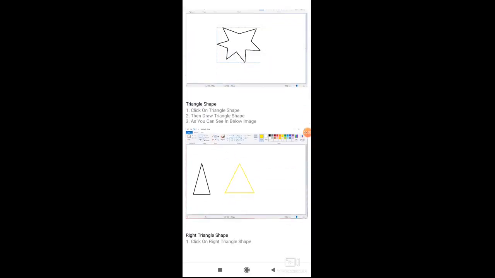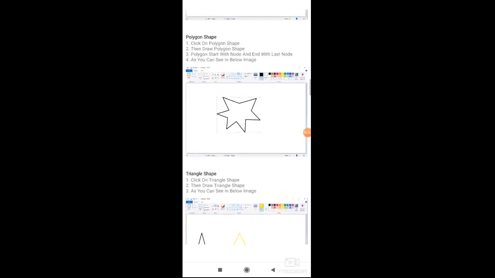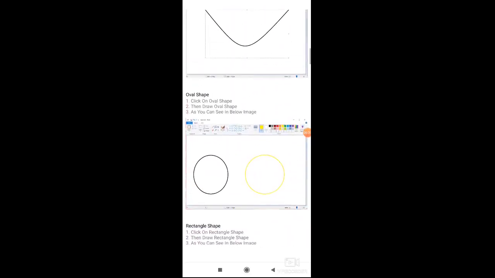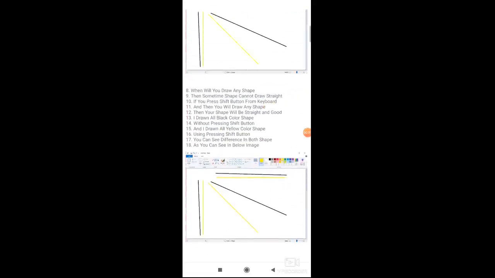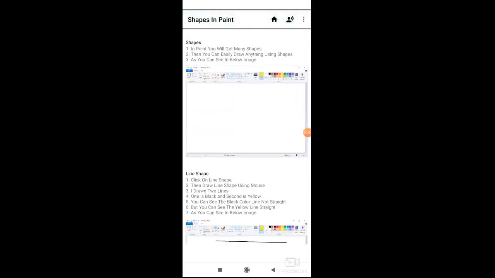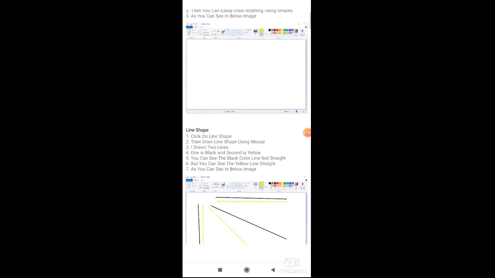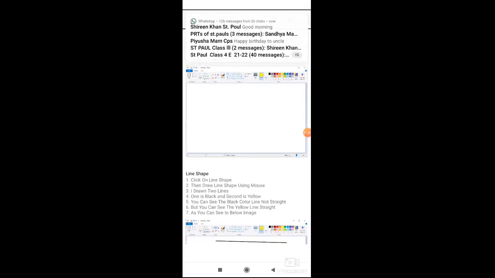You may draw a triangle. So all these shapes are given, and how we will draw them, that we'll learn step by step. These all are given in your book, page numbers 45, 46 and 47. So in case you are practicing at home, you may refer to these page numbers, 45, 46 and 47. So number 1 is drawing a line shape. So where will you find the line shape? For that, let me show you.